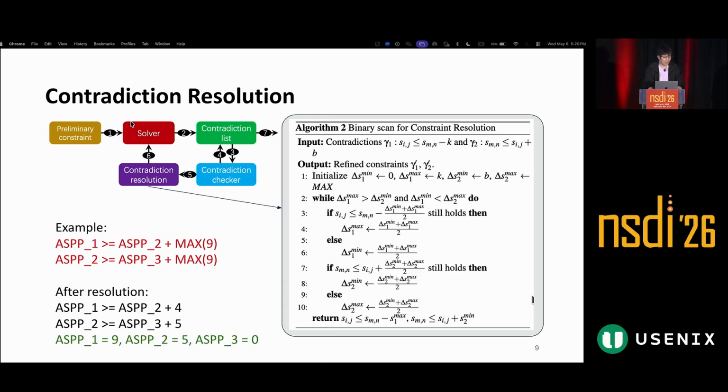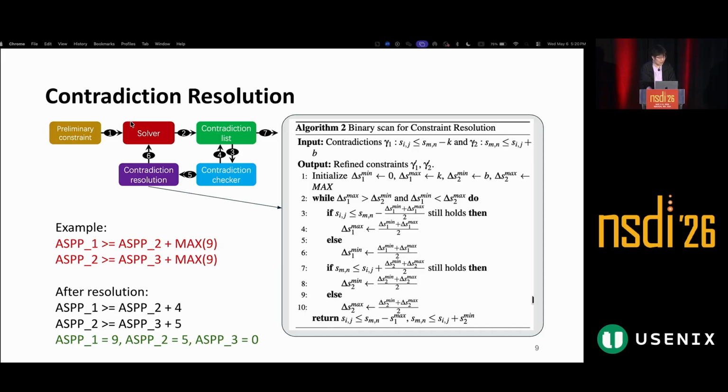Here is an example: if a client requires ASPP prepending 1 to be larger than ASPP prepending 2 plus 9, and 2 requires to be 9 larger than 3. This is a contradiction, which means that in any case, we cannot satisfy them simultaneously. If we make 2 equal to 0, then the second one cannot be satisfied.